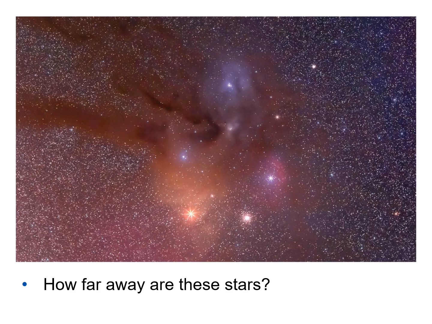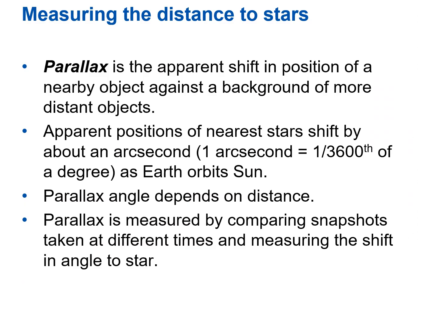We can think about how far away are these stars? What are the distances to these stars? And that's important because if we're going to use the equation that I showed on the previous slide, then we need to know their distance. So how do we assess the distances to these stars? There is something called parallax, and it's the apparent shift in position of a nearby object against a background of more distant objects. So if you hold your thumb up in front of your face and you look at it